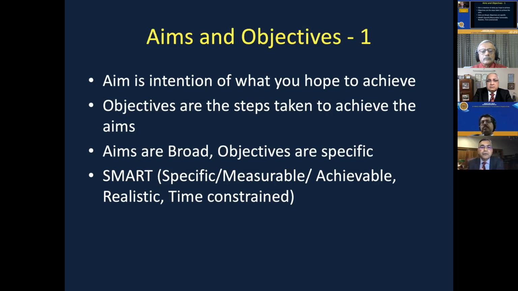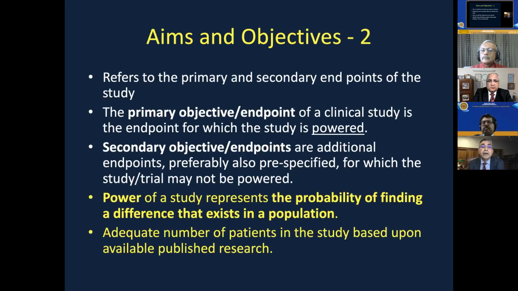So we use what is known as the SMART mnemonic. That is, it should be specific, measurable, achievable, realistic, and time constrained. So you should not make just anything. We know normally your research topics when you're doing your postgraduate thesis are defined by the duration of your PG protocol, which is 1 year or 1.5 years. So you need to have a definite time. You can't have something which can be done in 5 years because you'll be gone, and you have to finish your work before that. It also refers to the primary and the secondary endpoints of the study. So this is very important.